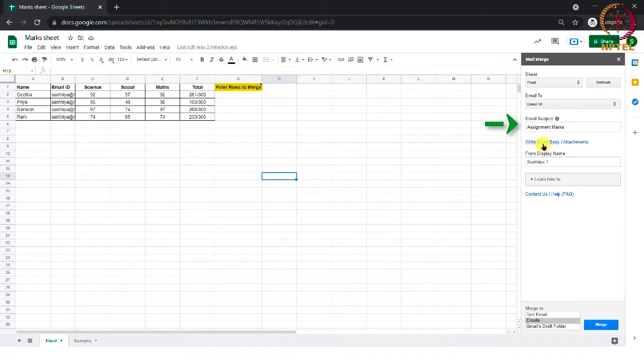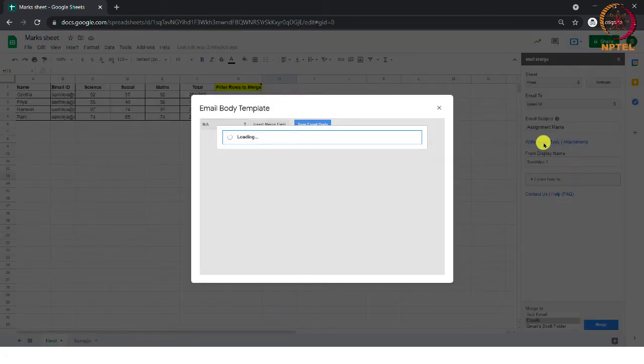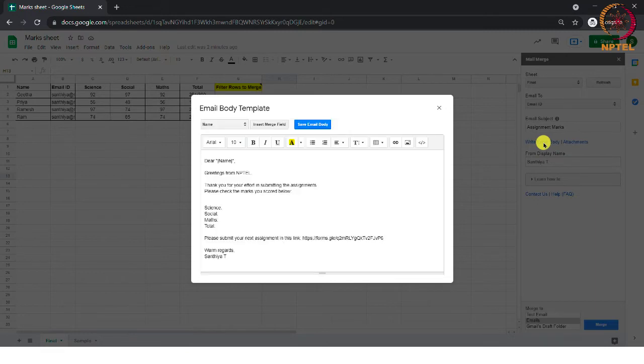After this, we are moving on to the email body by clicking this option. Type the email body as you wish. You have to insert the tags in your email body, which will help fetch the data from your Google Sheet and send it to the corresponding person. You can set the tags for all the headings available in your file. Please make sure that the tags are entered in the specific format as mentioned here. Only then can it fetch the data.